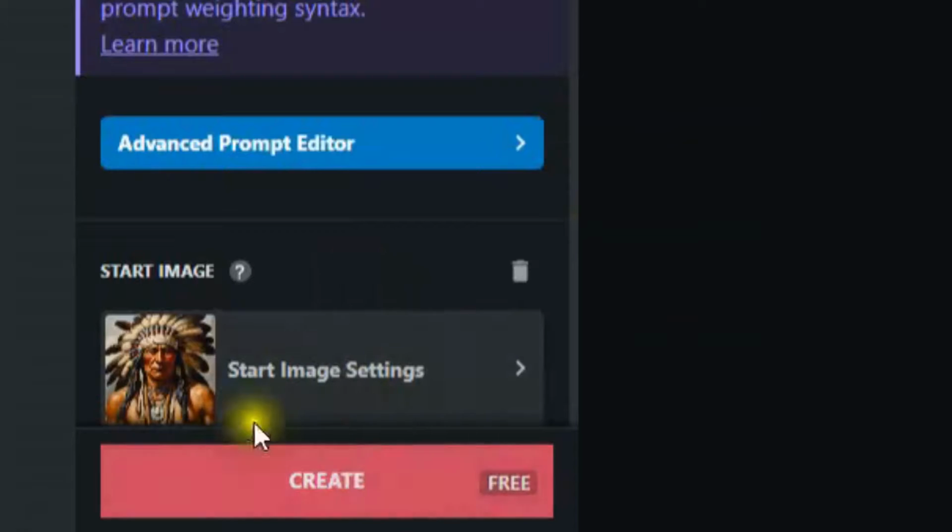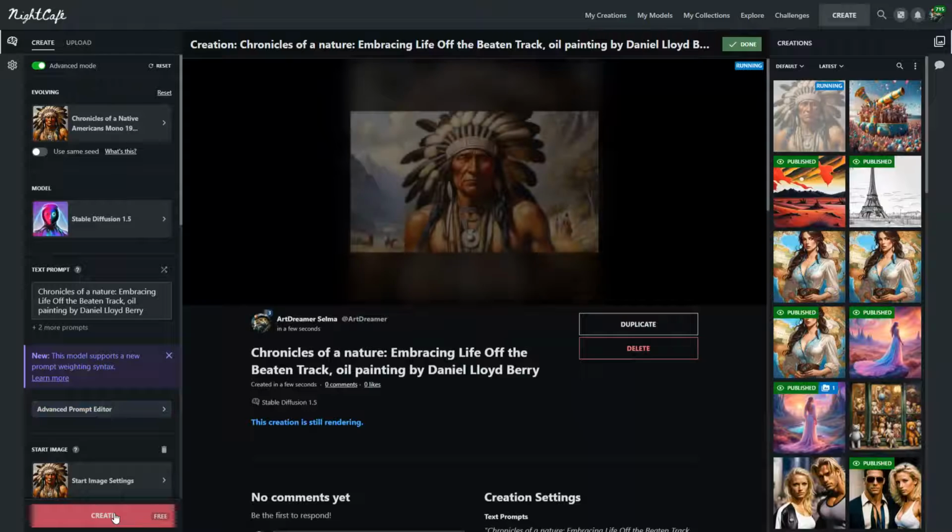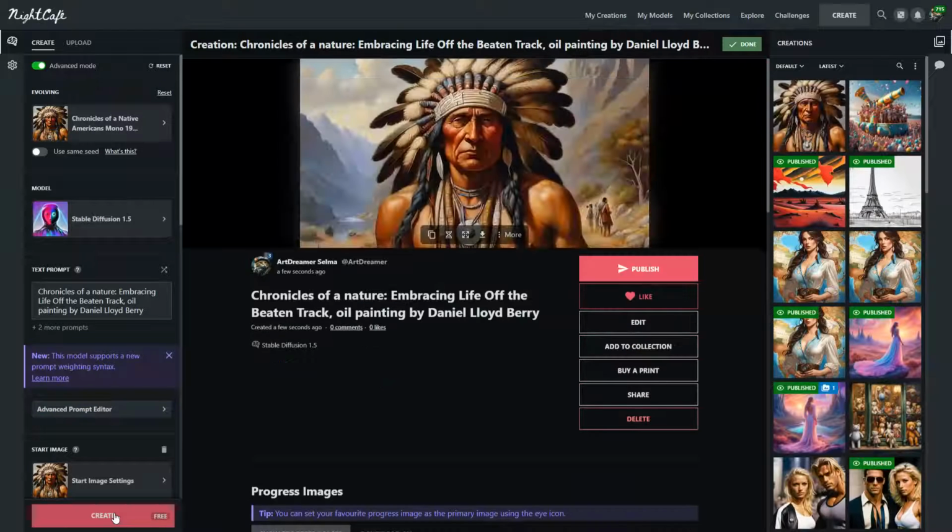Notice down here, at the bottom corner, it says it's a free creation. So I'm going to click on create. And there it is. So now I have erased basically the things that were back there. They were kind of like horse looking types of things or objects, but I didn't think they were really looking like a good painting of a horse. Anyway, notice it's replaced it with this other type of background.